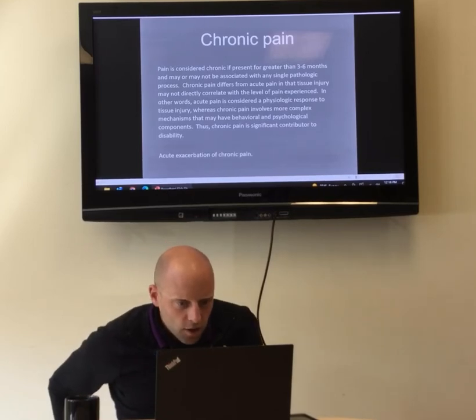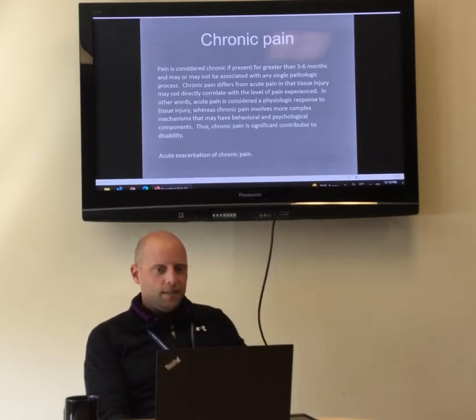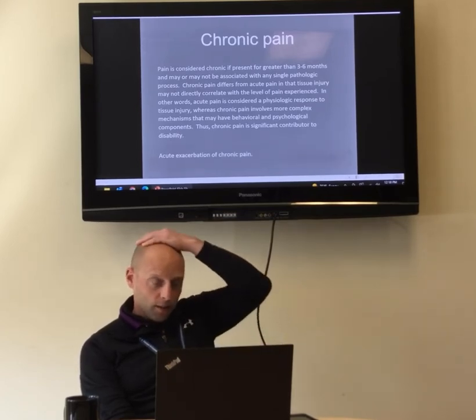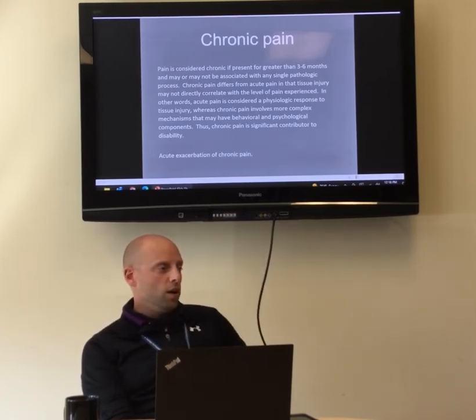Chronic pain is considered chronic if it's present for greater than 3 to 6 months, depending on what you read. It may or may not be associated with any single pathologic process. It differs from acute pain in that tissue injury may not directly correlate with the level of pain. So this is more chronic degeneration. People with arthritic knees, for instance, have waxing and waning pain, but it's not specifically due to an injury, more due to degeneration and